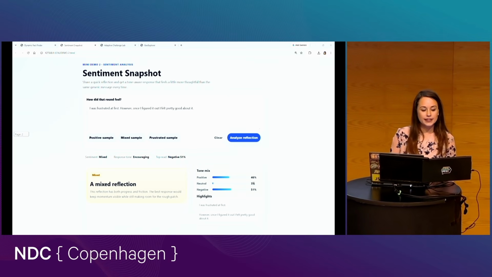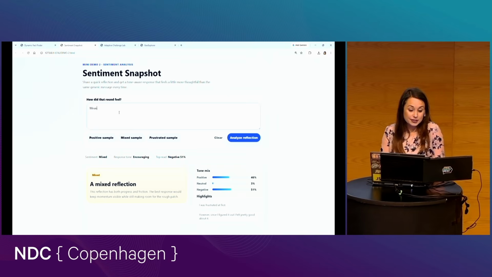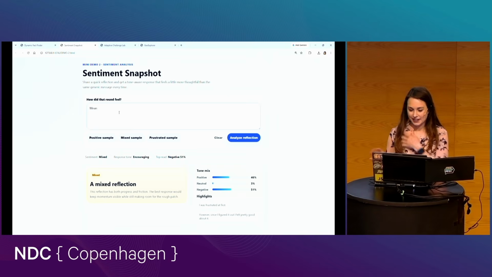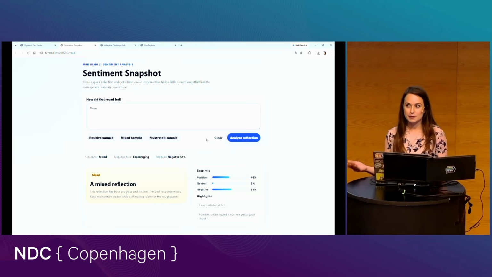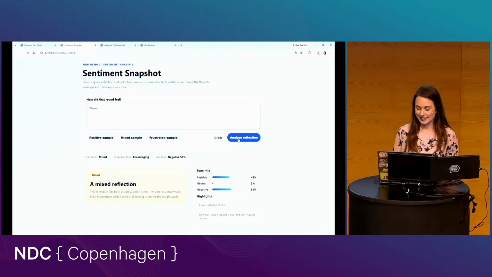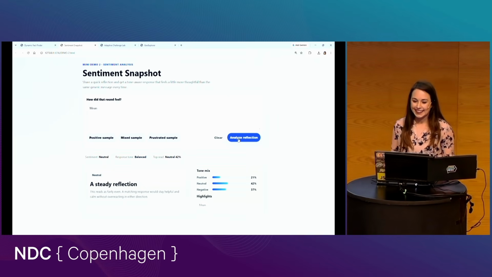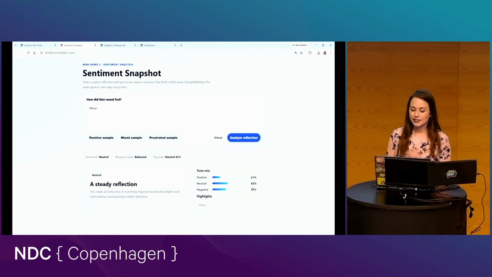Now, one other fun example I like to do when I show this demo is do something very simple that potentially has multiple meanings. So if we use literally just the word mean, very nuanced, what does it mean, right? Is it the meaning in that sentence of what does it mean? Or is it someone is being mean? Or is it the average of a set of numbers? So it's multiple things. Let's analyze it and see what happens. Okay, so it definitely came back pretty mixed, right? It's 21% positive, 42% neutral, 37% negative.